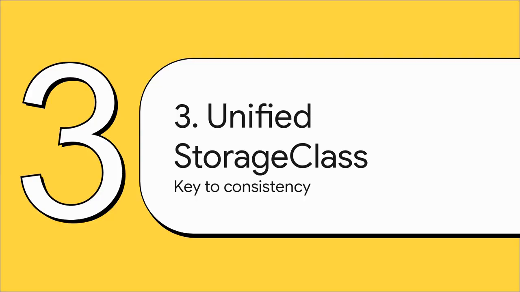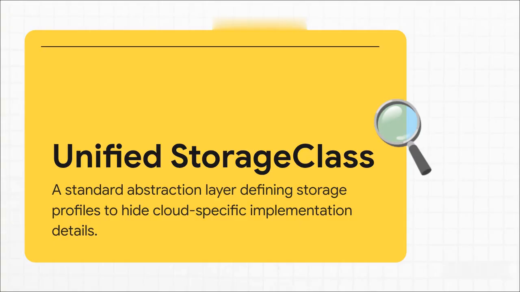Now, to pull this off, we need the right tool for the job. And in this particular architecture, our secret weapon, or key to unlocking all of this consistency, is something called the Unified Storage class. So what in the world is a Unified Storage class? Think of it like a universal adapter for storage. It's this abstraction layer that you define inside Kubernetes. So instead of your developers having to know all the cloud-specific jargon like GP3 or PD-SSD, they just ask for a storage profile, something simple like standard SSD. The Unified Storage class then does all the translation in the background, automatically setting up the correct storage and hiding all those nitty-gritty complex details.